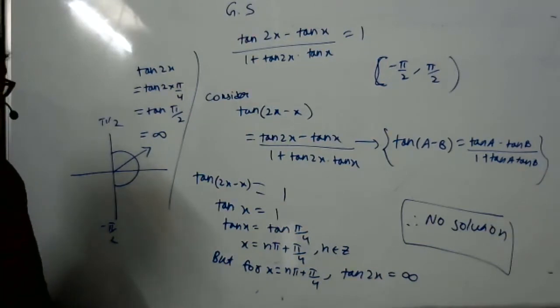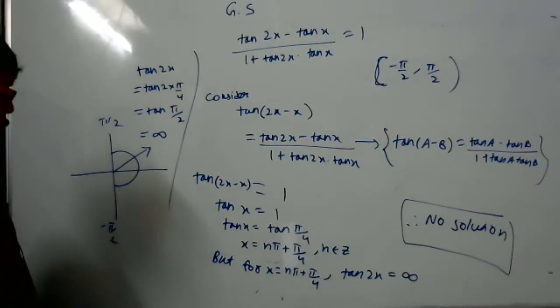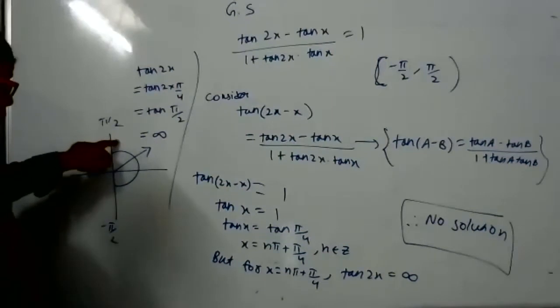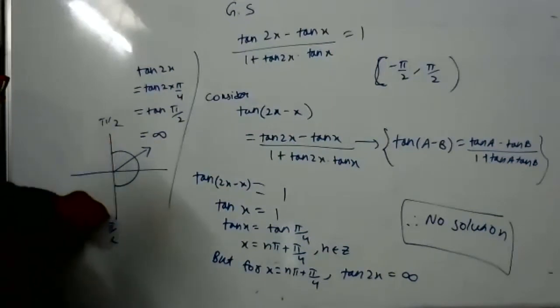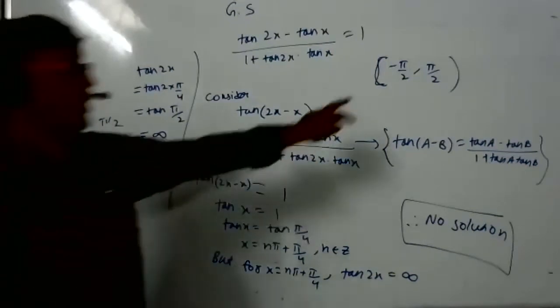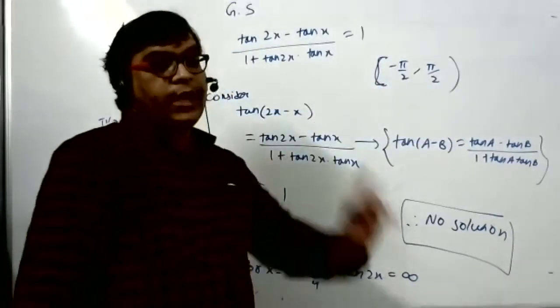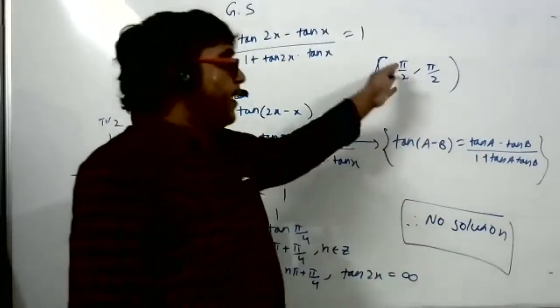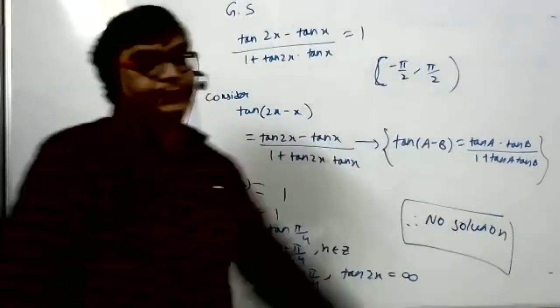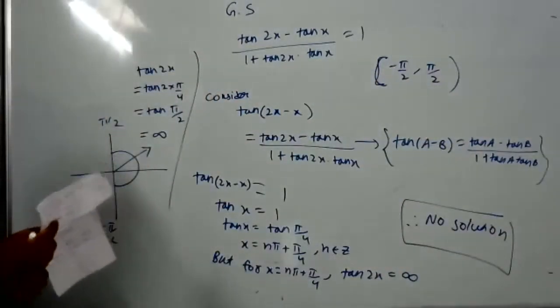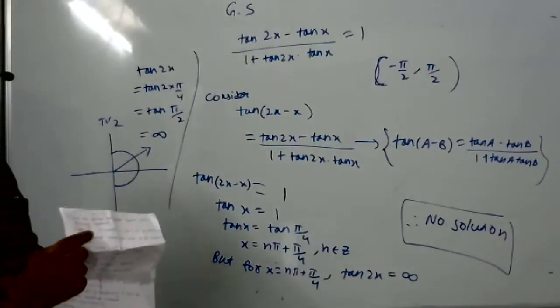I have written pi by 2 to minus pi by 2, I'm sorry, it is minus pi by 2 to pi by 2. I think that one only I gave now. Always in the beginning the smaller angle will come and the second term will be the larger angle. You cannot do vice versa. The first term should be less than the second term. It can't be pi by 2 to minus pi by 2. Always the first term should be less. Okay.